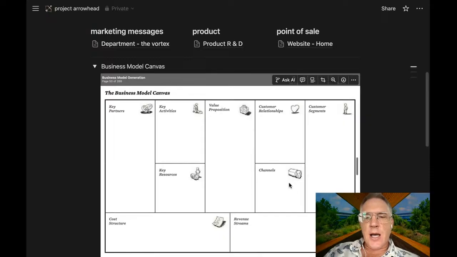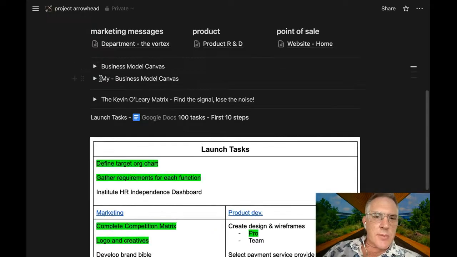And then the question is, how are you going to get that product to that customer segment, meaning physically, what's the actual process of delivering the product? What is the actual point of sale? No, it's a little bit different than point of sale. What's the methodology? What's the method? What's the logistics? And who do you cooperate with in order to get that product in the face of the customer? So there it is. That's a business model canvas.